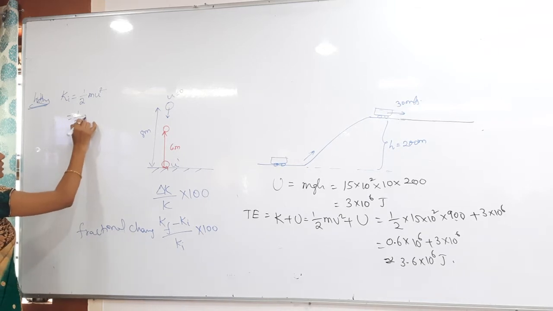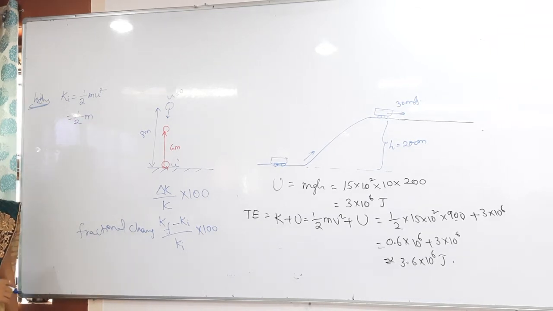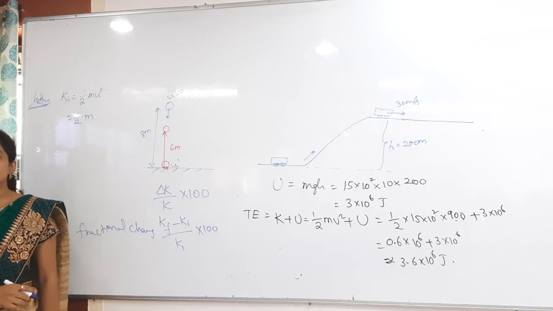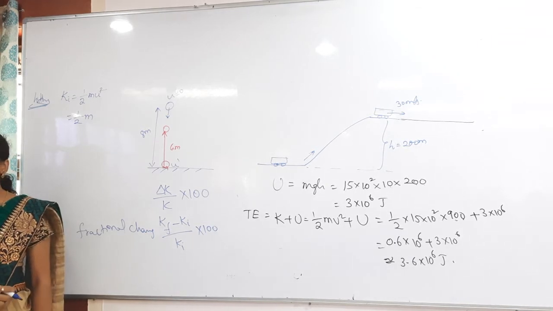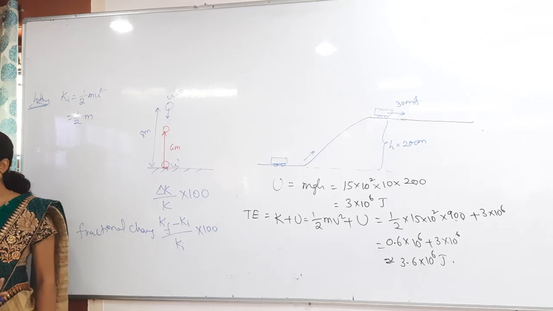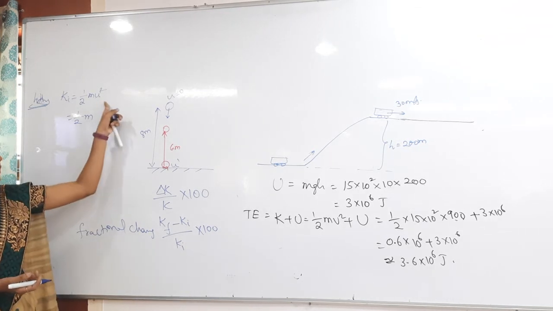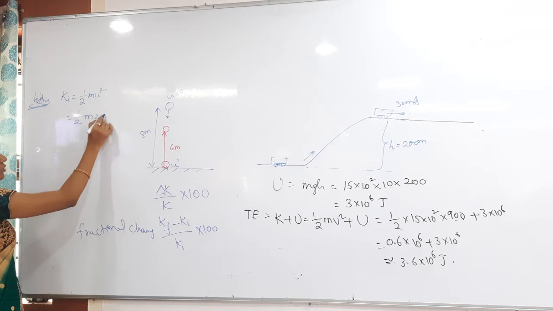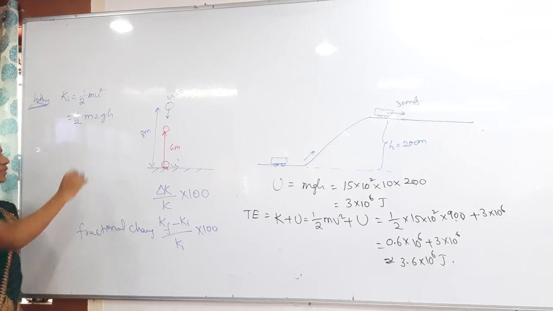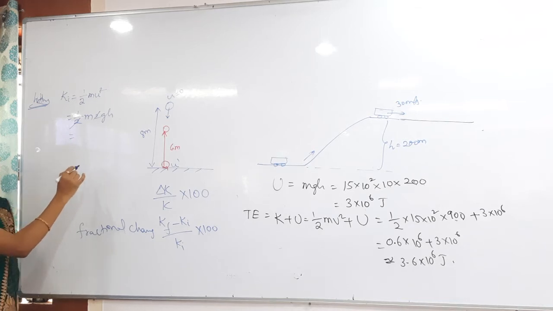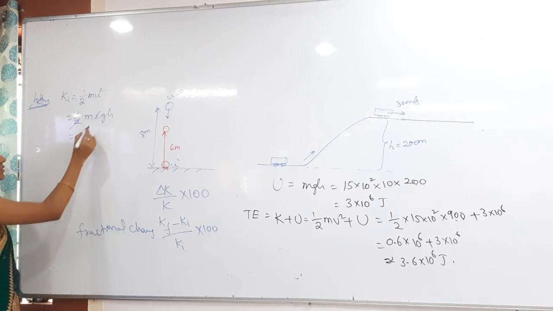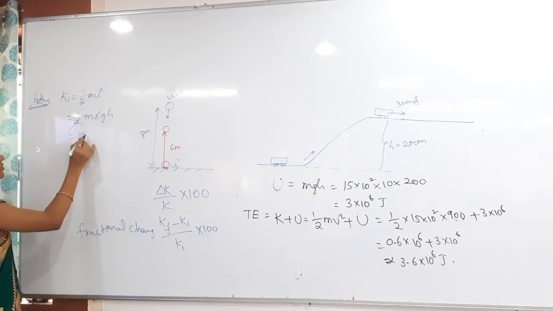Then half m into, what is the u dash value? It is moving under gravity. What is the answer for the u dash? The striking velocity formula is what? Under root 2gh only, no? So u square is there. Nothing but what can I write clearly? 2gh. Then 2 gets cancelled. What is the mass I said? No mass. So m into g is 10.